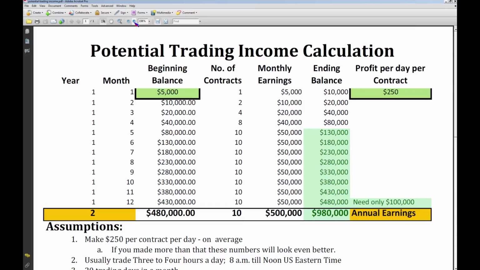If you trade one contract and you average 25 ticks a day, you make 5 grand a month. If you trade 2 contracts and you average 25 ticks a day, you're going to make 10 grand a month. Now think about what your job is as a trader. Your job is to spot low risk, high reward opportunities,